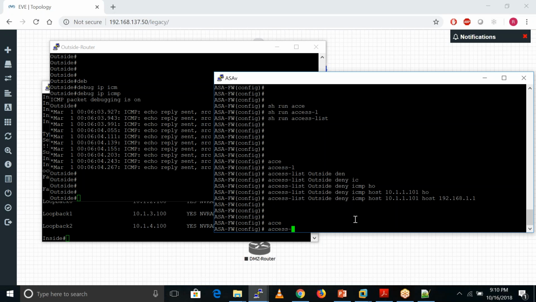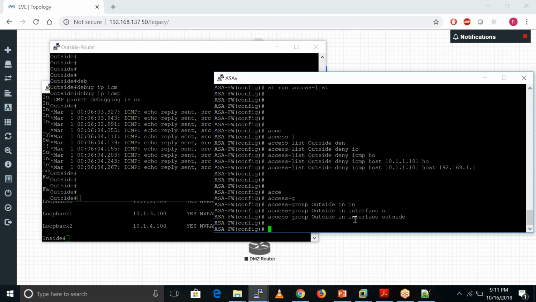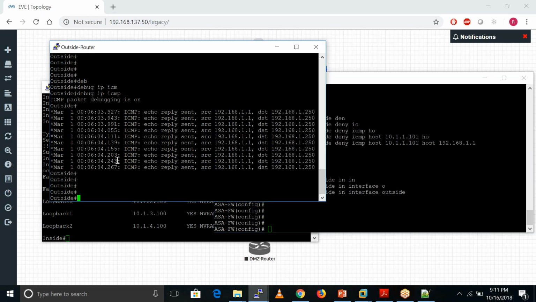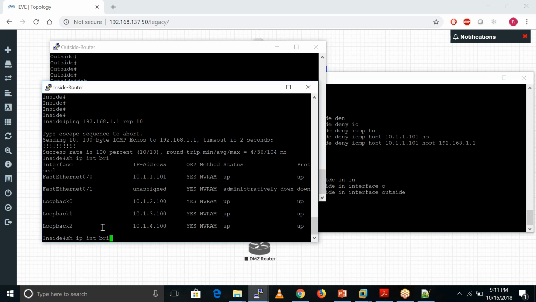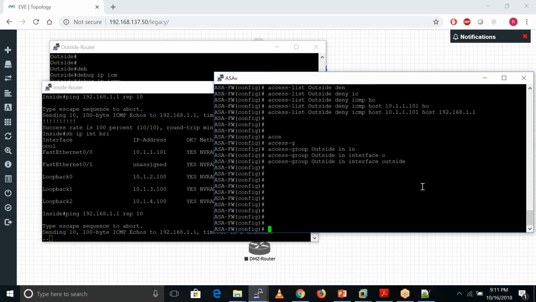I'll apply this ACL with access-group outside on interface outside. Now if I try to initiate a ping from there, the ping is not working, right? Because we are denying it with this ACL.